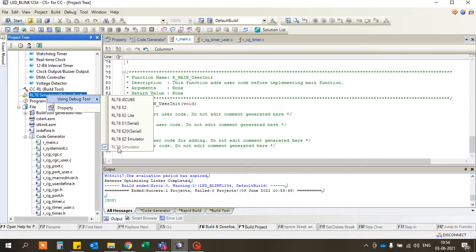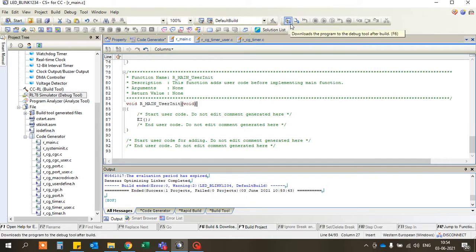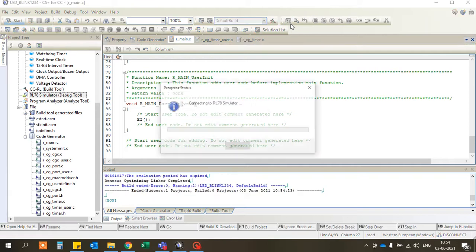Now I am not showing you on the hardware, I am showing you in the simulator. If you have a board with you, you can select your debugger, debug and check whether your LED is blinking or not. Now I'm downloading.